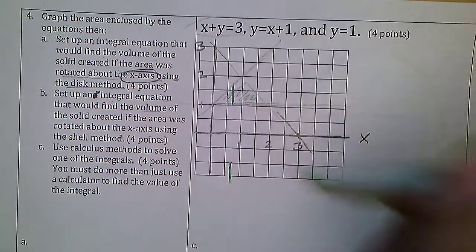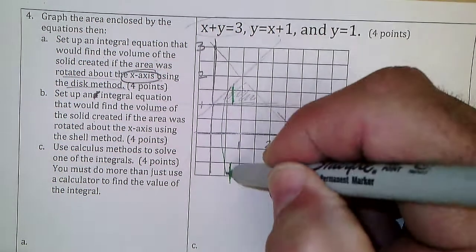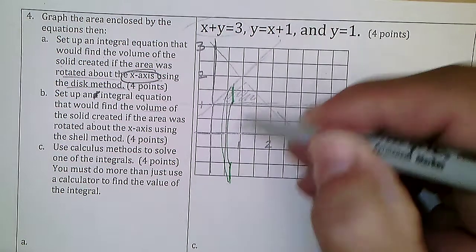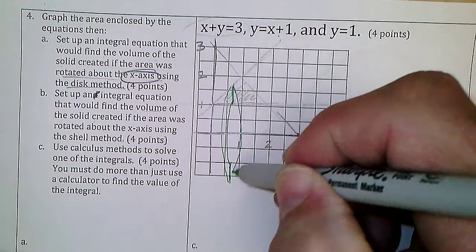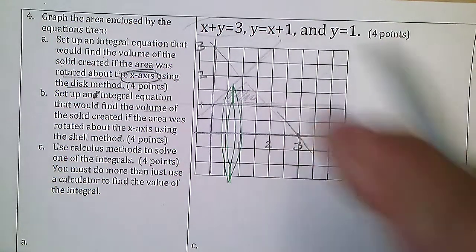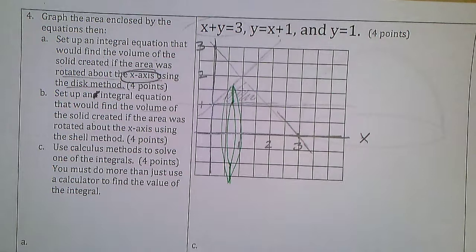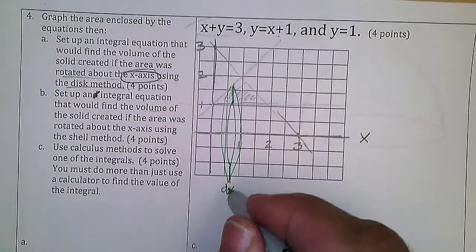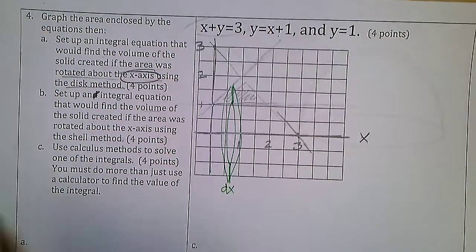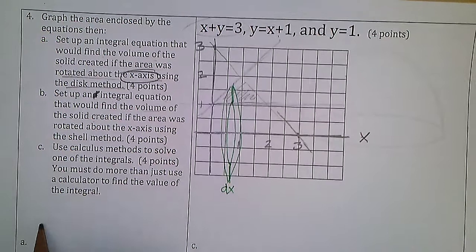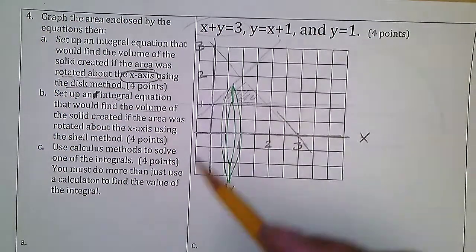And they'd be washers. And the thickness of the washer is going to be dx. These washers are going to be 2 circles, and we're going to have to do the area of the circle, which is pi